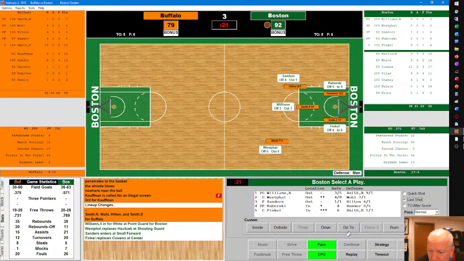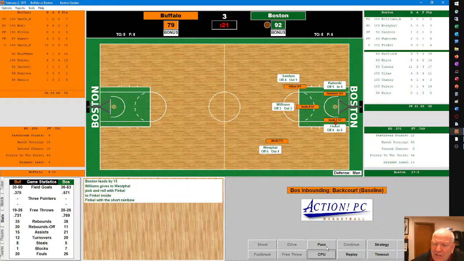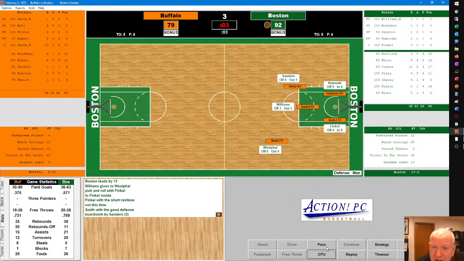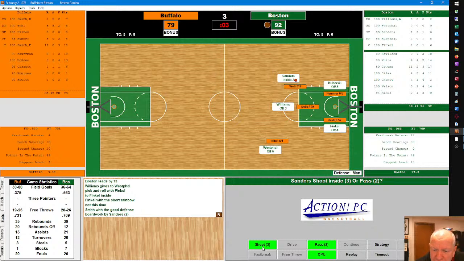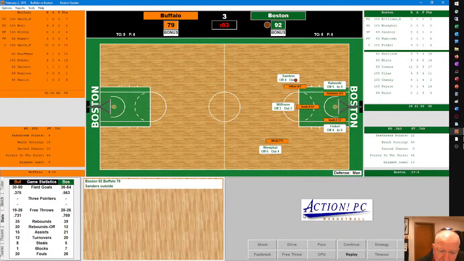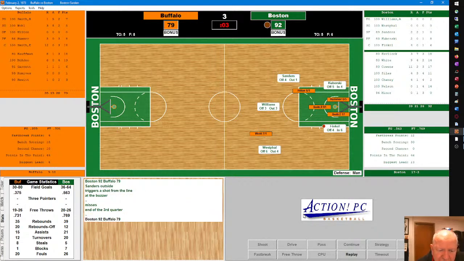And it looks like the Braves are going to try and hold for the final shot of the period. Westfall on the outside, pick and roll with Hank Finkel. They get Finkel loose for the short rainbow. That's no good. Tom Sanders takes the offensive board for Boston. He's got 3 seconds to try and put up a follow-up shot. The fadeaway by Sanders at the buzzer is no good. And that will be the end of the third period.